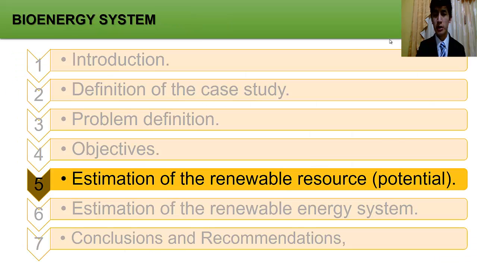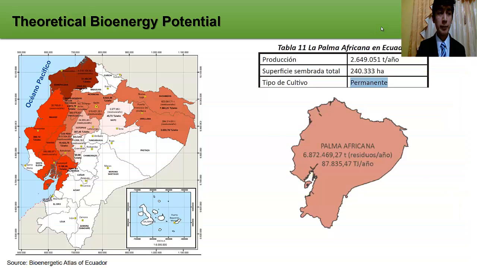Okay, now we have the estimation of the renewable resource. It means the potential. First of all, we need to obtain the theoretical bioenergy potential. In this case, the theoretical or gross bioenergy potential of the agricultural and agroindustrial residues in the country is determined through the data provided by the Bioenergy Atlas of Ecuador, which considers the geographical distribution of production and waste generated by the cantons of the country's main crops in 2014, where there are maps and tables that determine areas where the generation of African palm is concentrated,